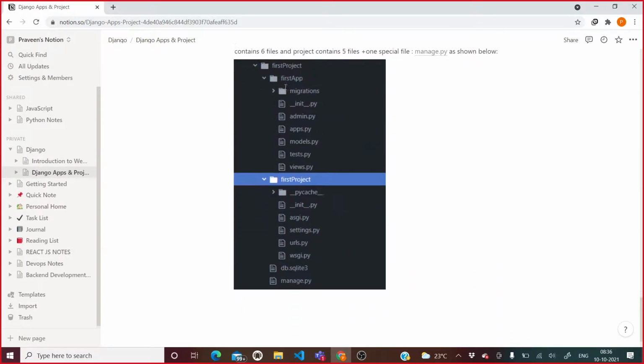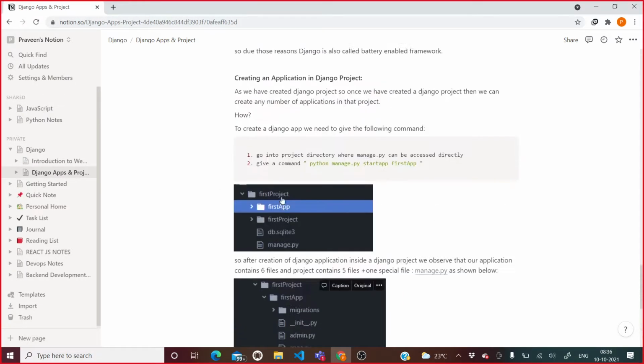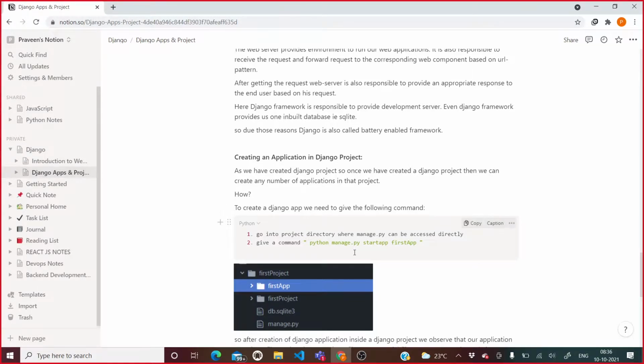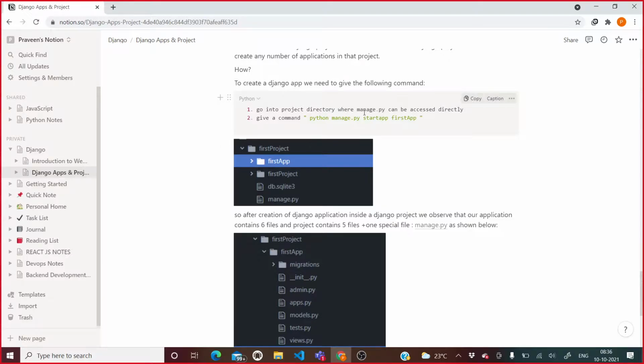I had started creating a Django project. How can you create a Django project? So a complete project can be created. To create a Django app, we need to give the following command, and we had given the following command. What is that? python manage.py startapp firstapp, right? Yes. And with this, we had created an app.